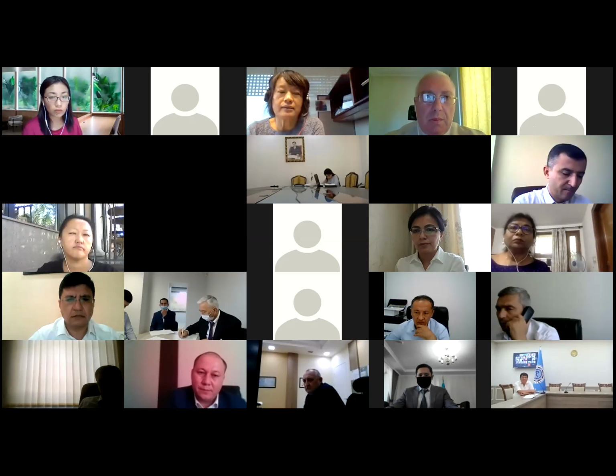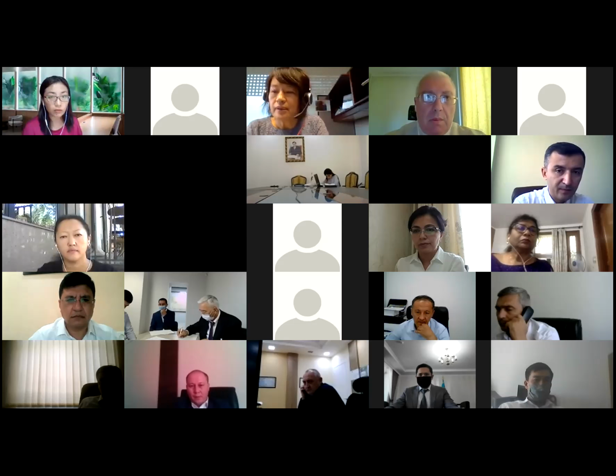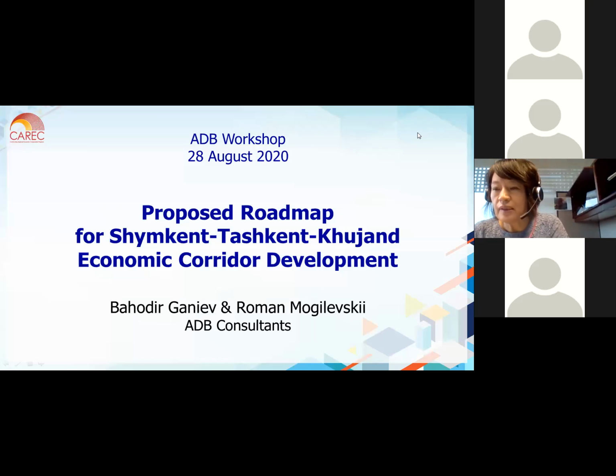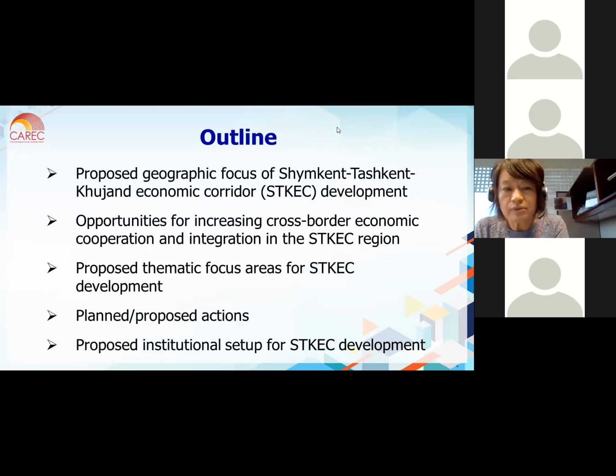What I would like to highlight is that this roadmap is actually very much country-driven. So the six thematic focus areas that we have proposed actually are the results of our intensive consultations with the countries during our inception missions and our field work. And we have also seen that the countries themselves have a lot of interest in developing projects within these corridor areas. So it's really very much a country-driven program, and with ADB, we are really very happy